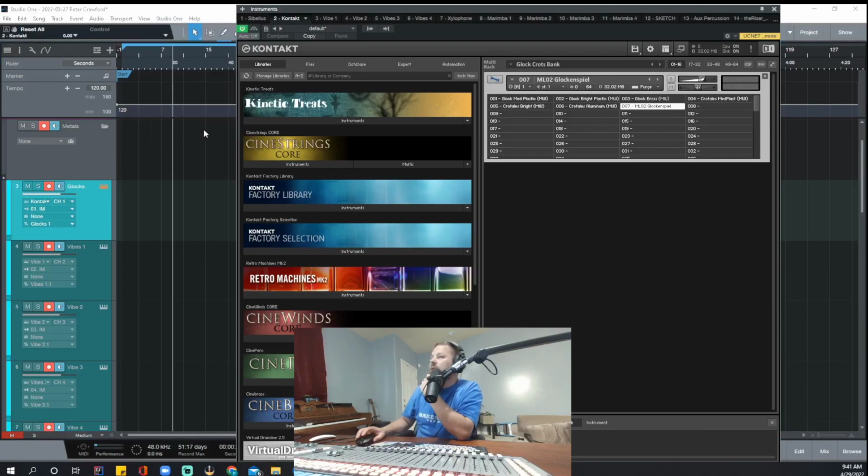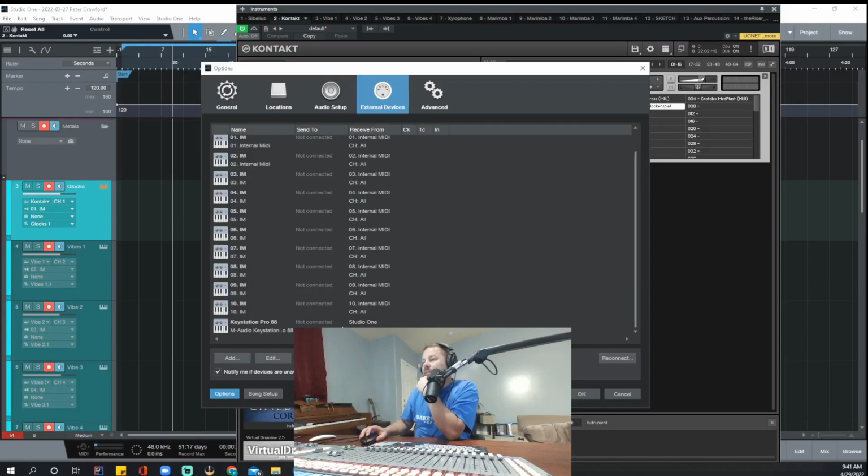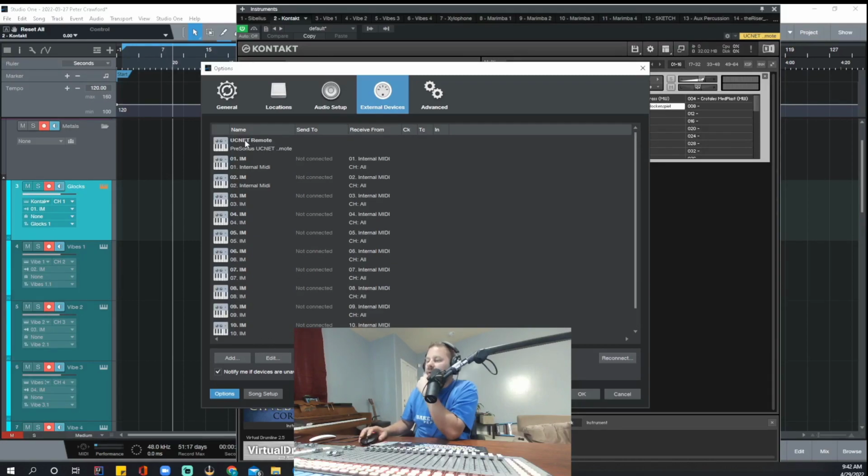Let me show how we get those activated here in Studio One. You should probably have to do this within any DAW, so let's just double check. I've added external devices right here. I've got my keyboard, UCNet remote. That's for me to be able to control Studio One from my mixer, but I don't have everything hooked up right now because I'm painting my house. Internal MIDI 1, internal MIDI 2,